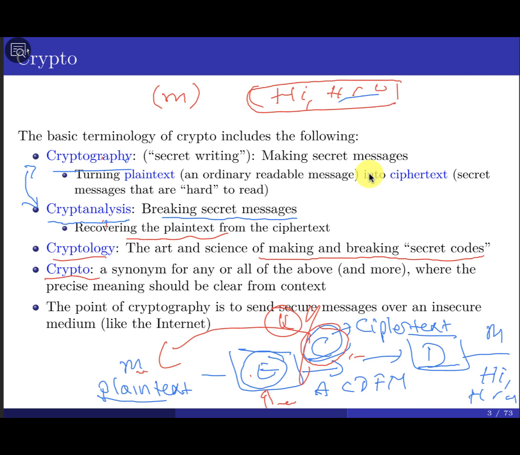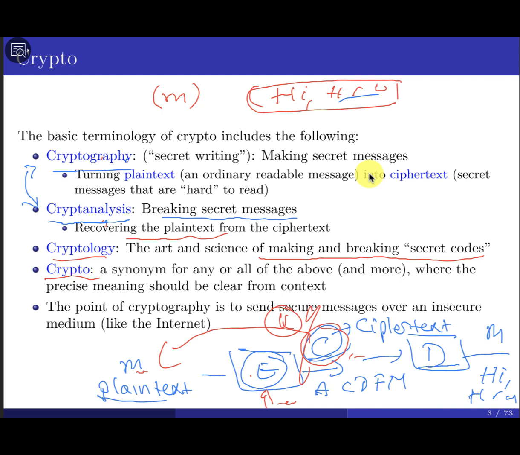Sometimes you're going to use the word crypto. When you use crypto, it might mean cryptology or maybe cryptanalysis. You can understand the meaning from the context. Sometimes I'm lazy and say crypto. If I say I'm going to show you or talk about the encryption scheme, you understand we talk about cryptography in this case. Then if it is said in the context of breaking, after that I'm starting to show you how you can break it, how to try to deduce the plain text from the ciphertext or break the secret, you can understand from the context that we talk about cryptanalysis. Okay?